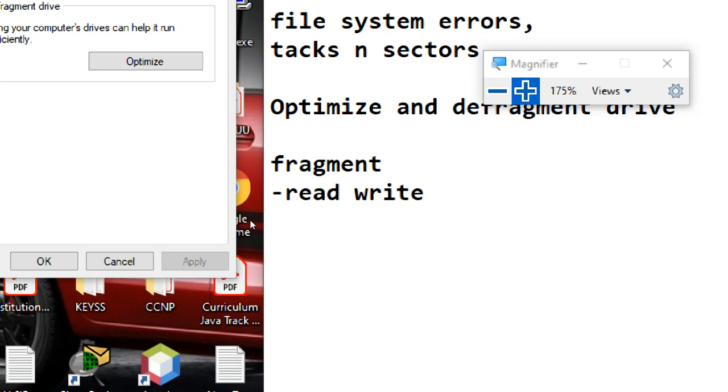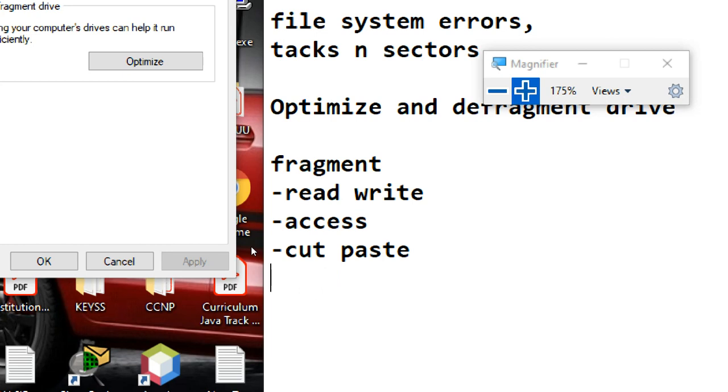Access means copying, pasting, replacing, cut, paste. So I'll put all the things: access, read and write. You can say access, or cut and paste, data cut from here and pasted somewhere, or copy, paste.